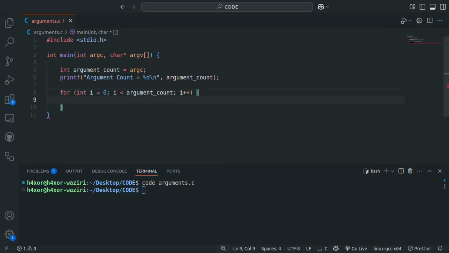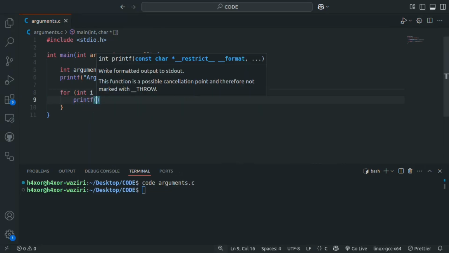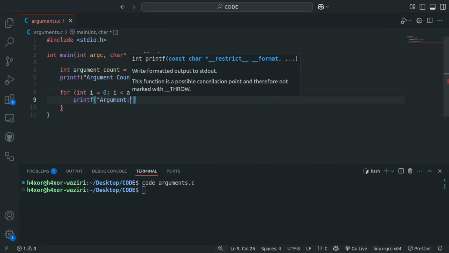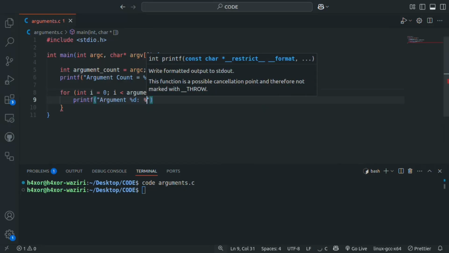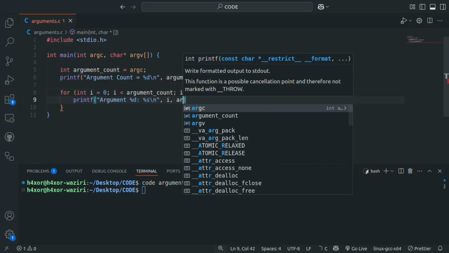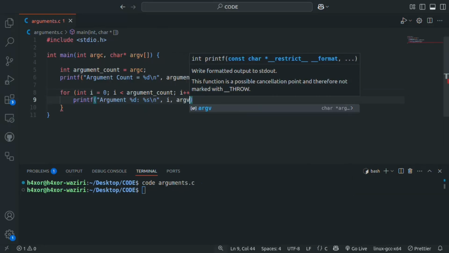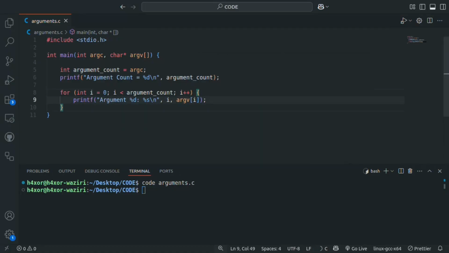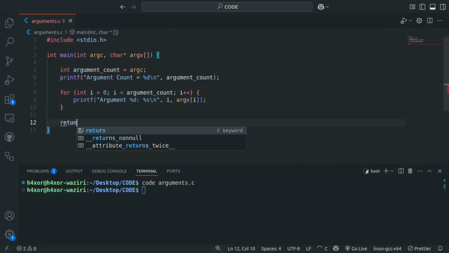Then inside curly braces printf inside parentheses and quotations "Argument %d: %s\n", comma i, comma argument_vector[i], then a semicolon. Then outside the curly braces, return 0;